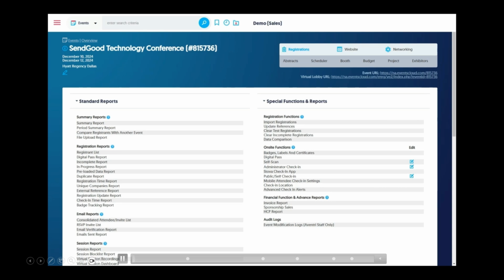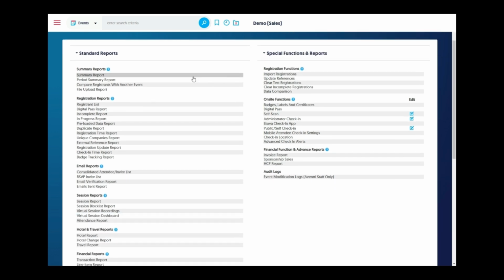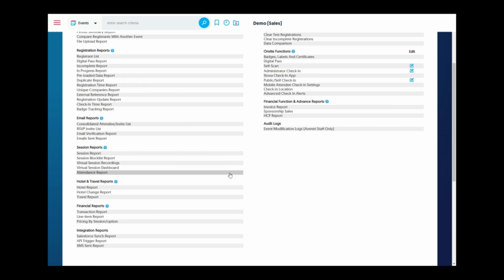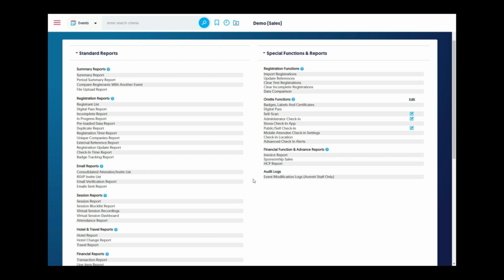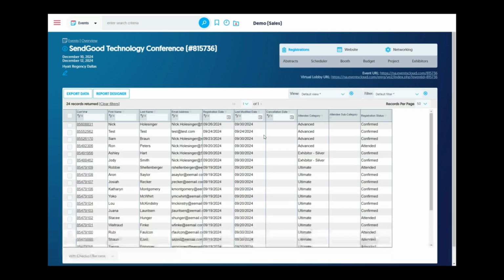As I was mentioning, all of our different areas in the platform have their own built-in or default reports. For example here, this is going to highlight some of our standard reports that are available as part of registration. I've got everything from summary reports to registration reports, emails, sessions, hotel and travel, even financial and integration reports. So there's a number of different things that are pre-built in here. We chose to build the most important reports, not overbuild a million reports, so it's hard to find. We make it easy to find the report that you're looking for and then customize it or configure it